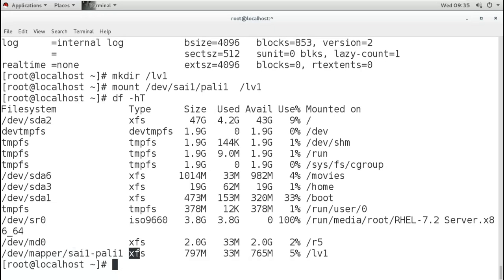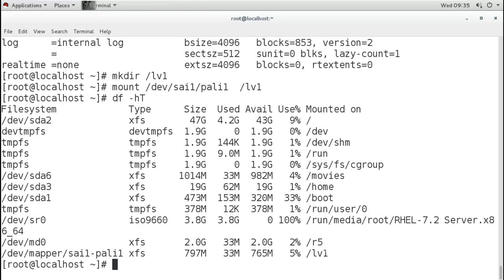This is the file system. The size is 797, almost 800 MB. Some space is used for the file system, and then it is totally free. Only 5% is used because of the file system, and it is mounted on LV1.